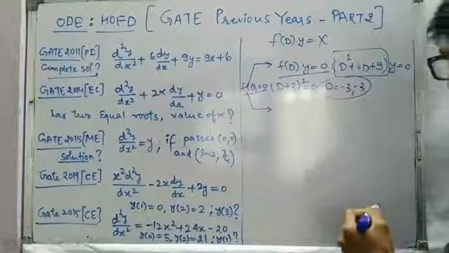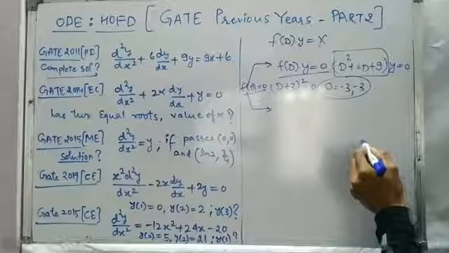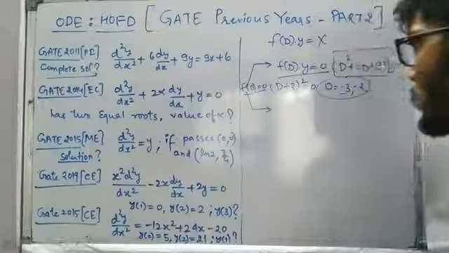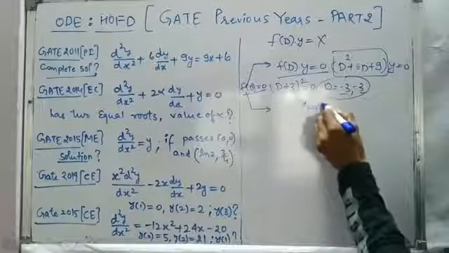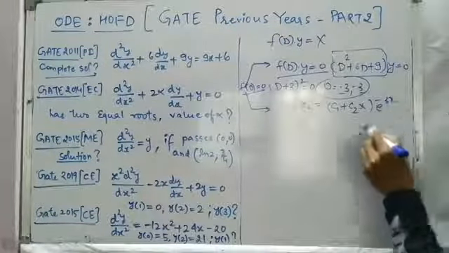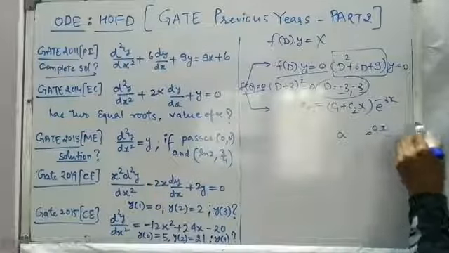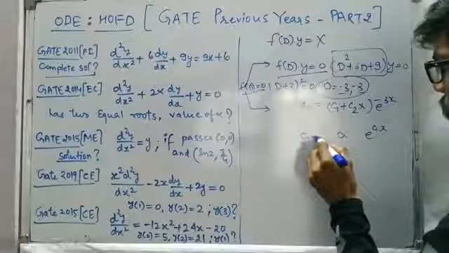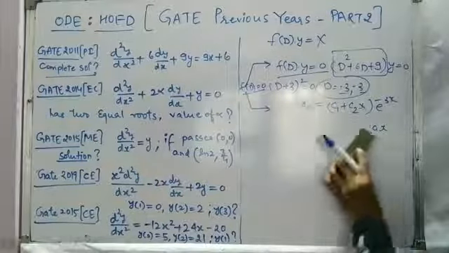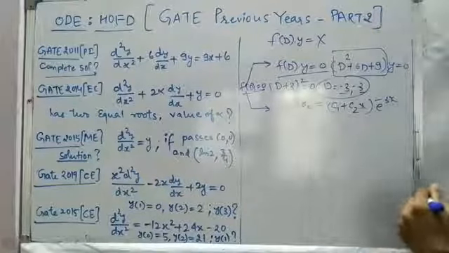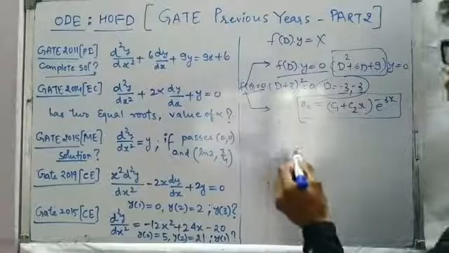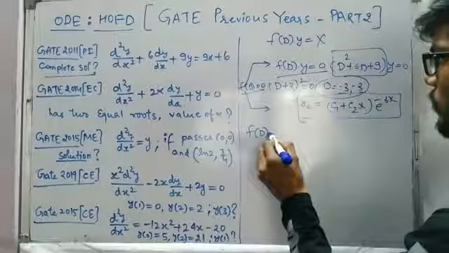The roots are real but repeated, so we are going to get terms like c1 plus c2x, and in the case of real roots we get exponential terms. So the complementary function will be yc is equal to c1 plus c2x into e power minus 3x, because if a is the root we have terms like e power ax, and if they are repeated we have c1 plus c2x. Why do we get c1 and c2 as arbitrary constants? Because the differential equation is of order 2. So this is the complementary function, and now we have to calculate the particular integral part as well. So how are we going to do that?